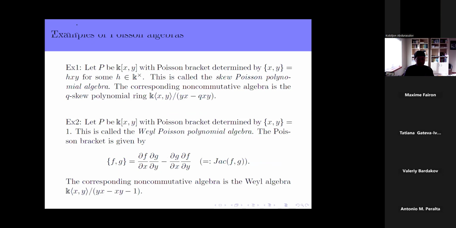Okay, so let me give you some examples of Poisson algebras or Poisson fields. As I said, a Poisson algebra is a commutative algebra with a Poisson bracket. So if we start with the commutative polynomial ring k[x,y] with a Poisson bracket determined by the bracket of x with y equal to h of xy. And then you can check that this extends to the whole algebra. So this is a Poisson algebra, and this is called the skew Poisson polynomial ring. The corresponding non-commutative algebra is the skew polynomial algebra, which is given in question number 1 at the beginning of this talk. So if we go back,